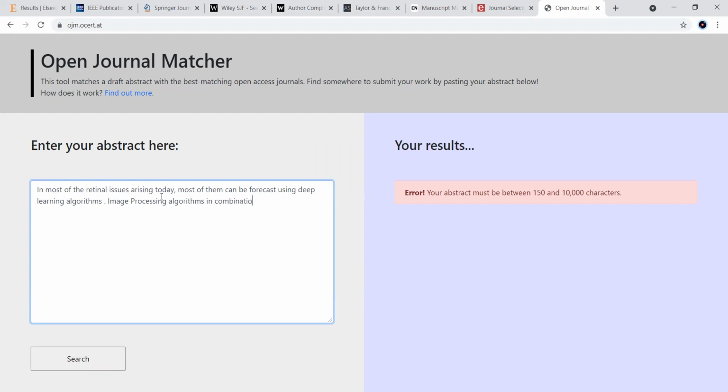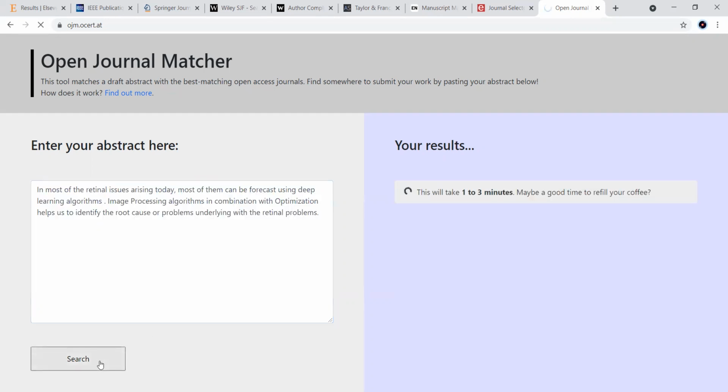You can type some words here. Let us see if there is a problem, otherwise we will go for some more time.